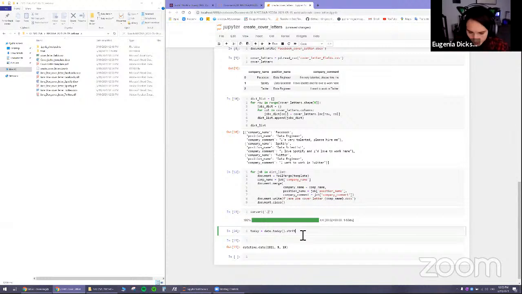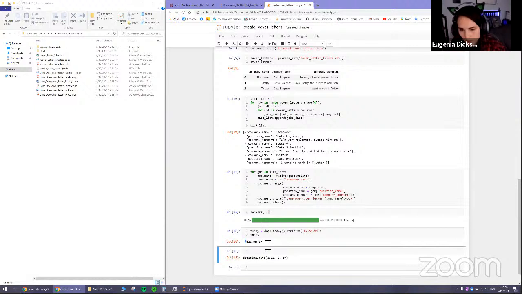So strftime. And in the quotes, you can specify the format of the date that you want it to be. So I'll do %y hyphen %m hyphen %d. I'll just do it right away. So today, and then you just need to do OS. It's a built-in package for Python that helps you manipulate the folders, create files, delete files, read what files are in the folder, and a lot of fun stuff. So os.mkdir,